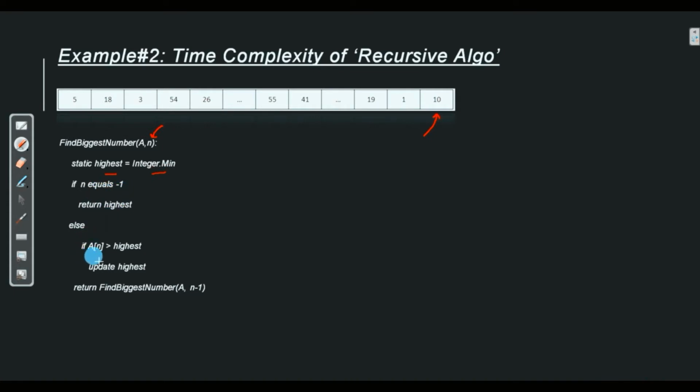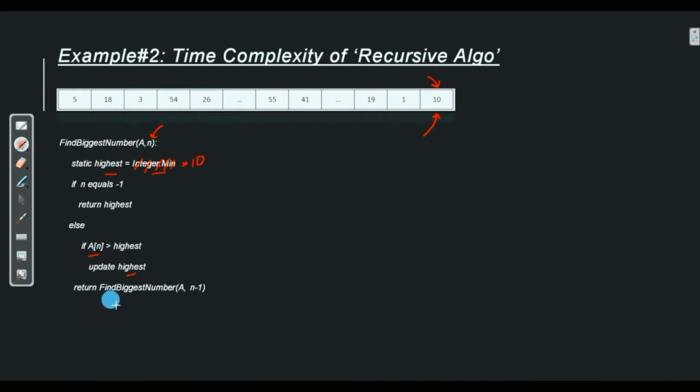If a[n] is greater than highest, yes, a[n], which is this cell over here, currently is more than highest. Now what is there in highest right now? It is Integer.MIN_VALUE. So 10 of course is more than Integer.MIN_VALUE. So we update highest. So right now the value of highest is equal to 10. It is no more Integer.MIN_VALUE.